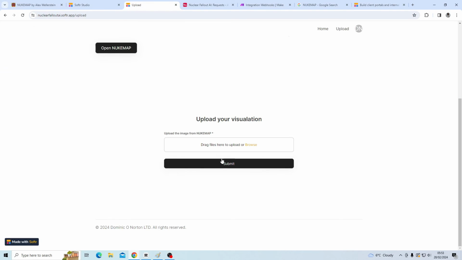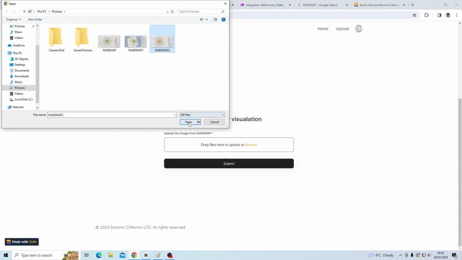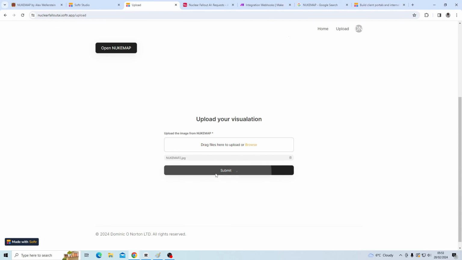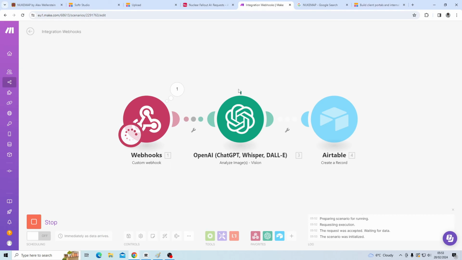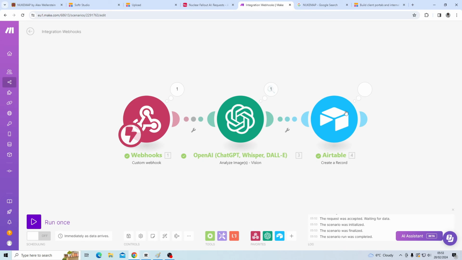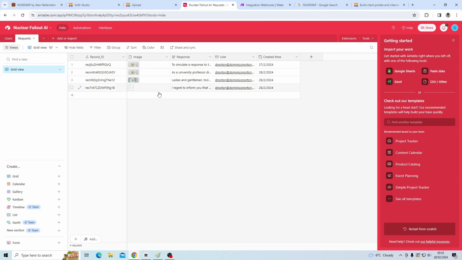Okay, we're uploading. And now it's processing. Now it's added to Airtable. We can see that it's added to Airtable, and I think